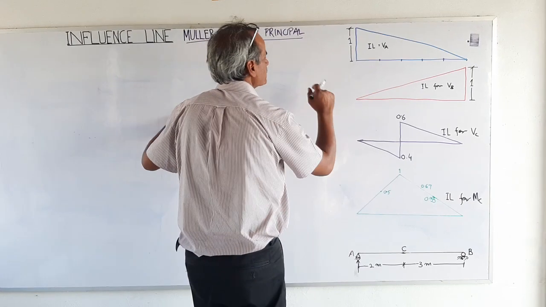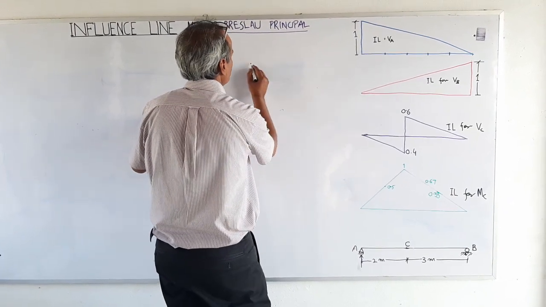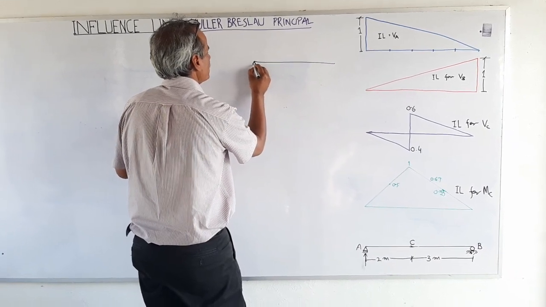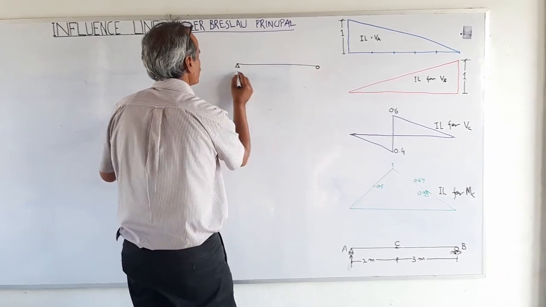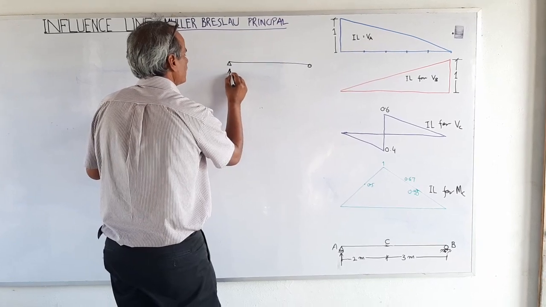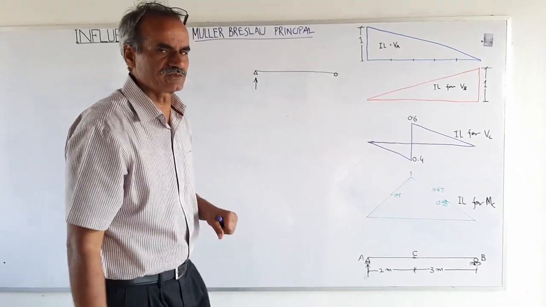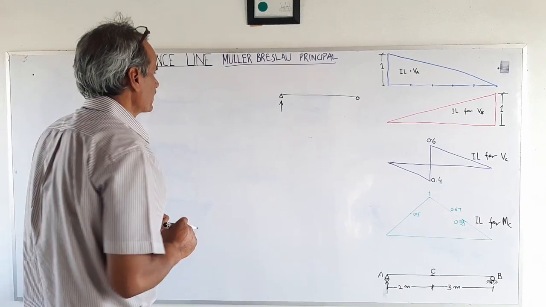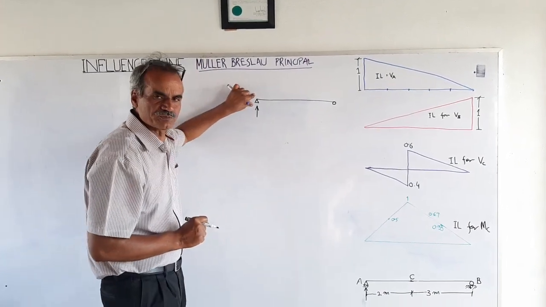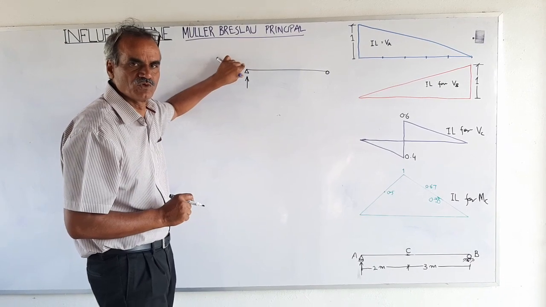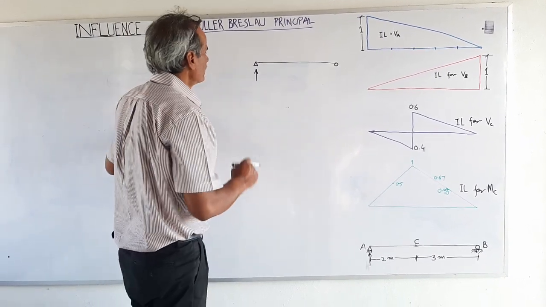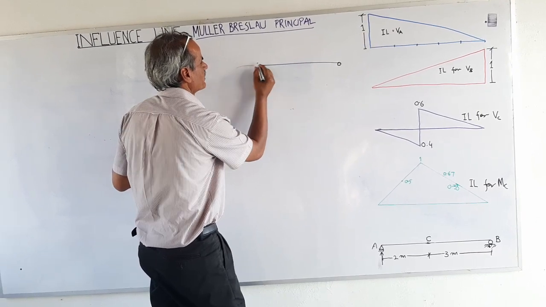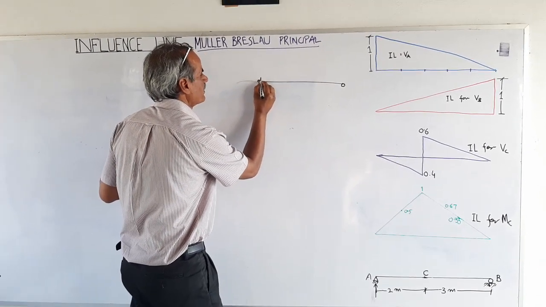So Muller says that if this is a beam AB, I redraw it, and over here the reaction, which is our response function for which we want to draw the influence line, is acting upward, whereas the property of this support is that it does not let the beam move upward. Muller says that you remove this property,